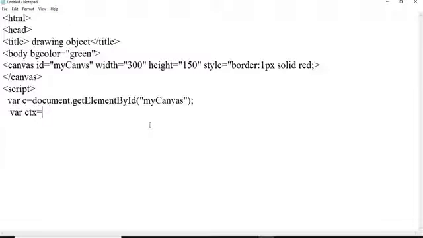So we can have the syntax, that is c dot getContext. This is a method where we are creating a drawing object with some properties and methods.